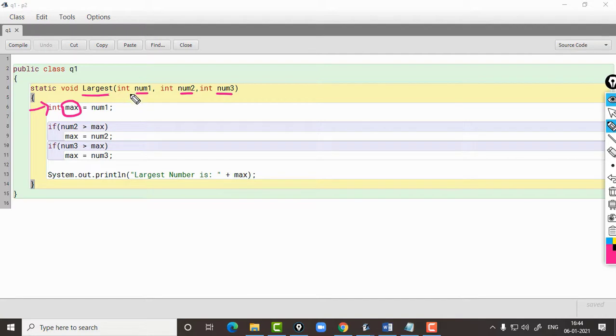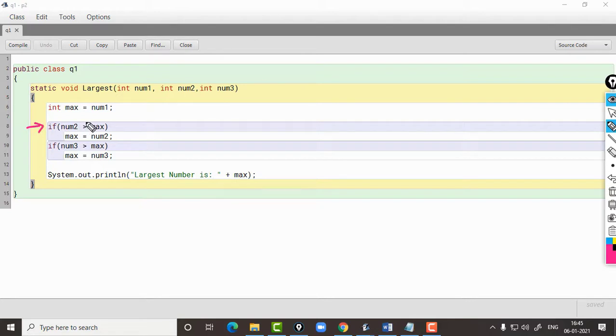I have assumed that num1 is max, the largest among the 3 numbers, and I have stored it in the variable max. Now this assumption may be wrong or right. That will be figured out in the later part of the code.